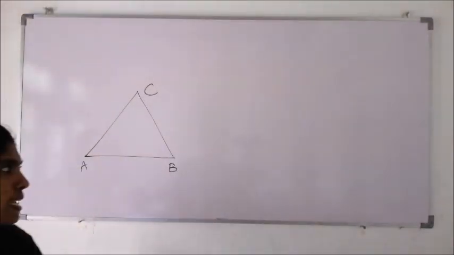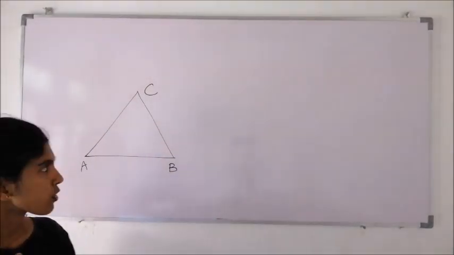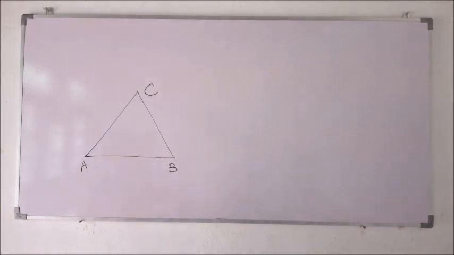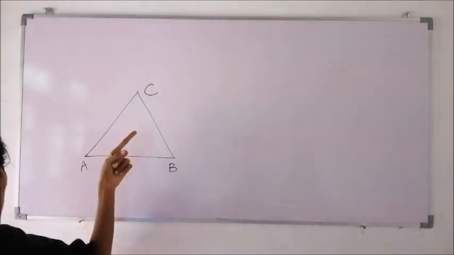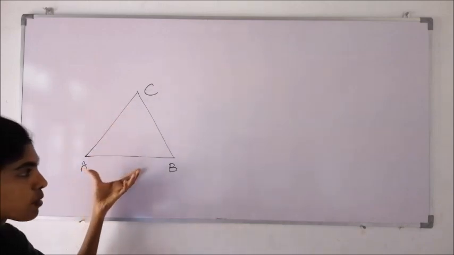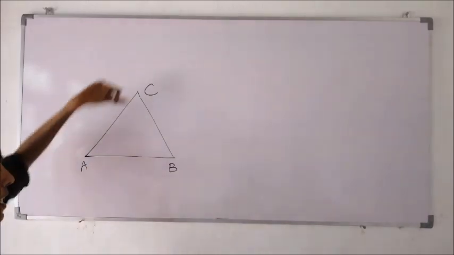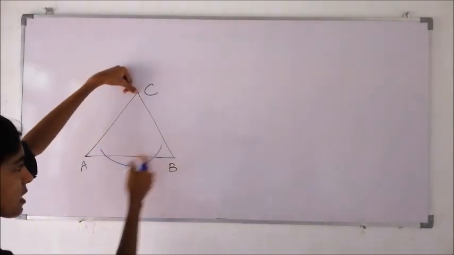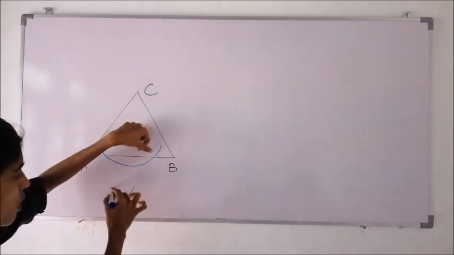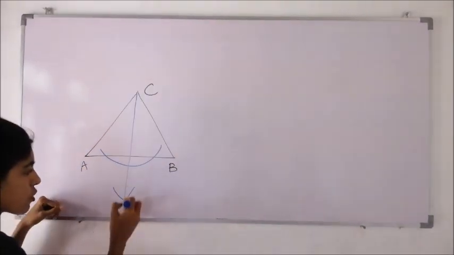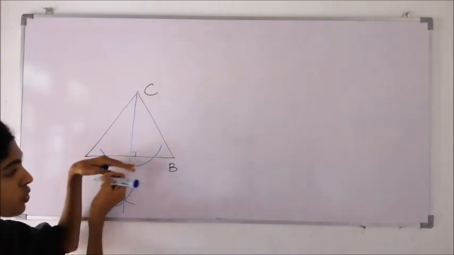Now children, look at this example. I have drawn here a triangle ABC. Okay, I am going to draw a perpendicular to AB from point C. How do we do that? Keep the middle point at C, draw an arc as if to cut AB. Now from these 2 points, keeping the middle points, you can draw another 2 new arcs, then join point C and this intersection point. This is the perpendicular to AB.